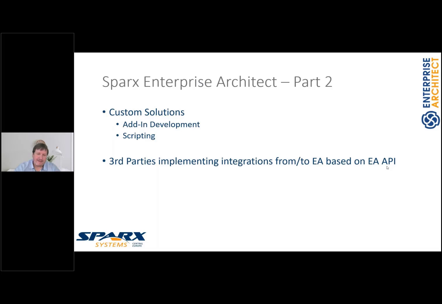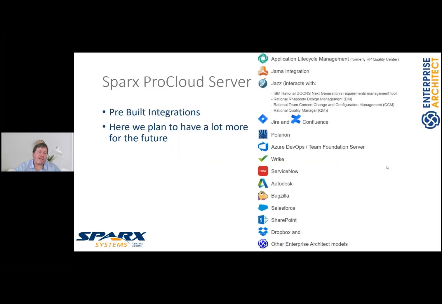But since some years, we have also other possibilities. We have the Sparx ProCloud Server. Sparx ProCloud Server comes as a free edition, of course, but we also have commercial editions. And with the commercial editions come integrations. Currently we have things like application lifecycle management: HP Quality Center, a JAMA integration,